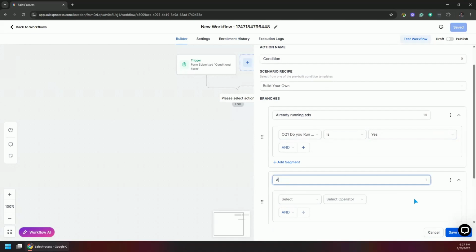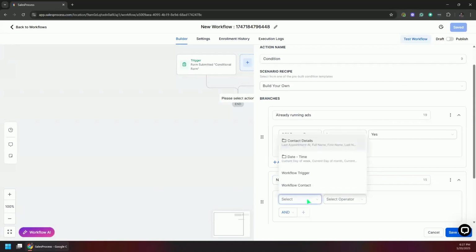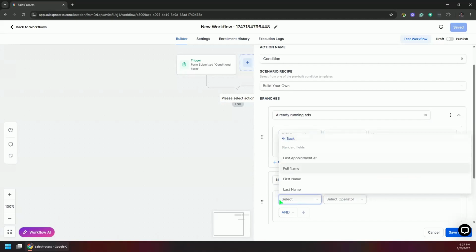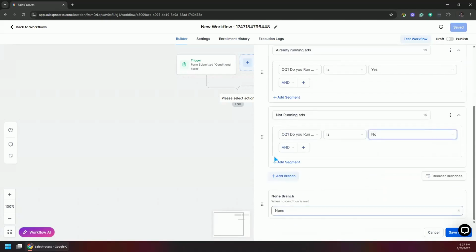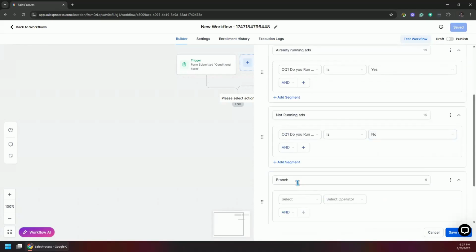Then our second branch is going to be not running ads, something like that. Not running ads. And again, our contact details and custom question is this one, and the answer is no. And the third one is